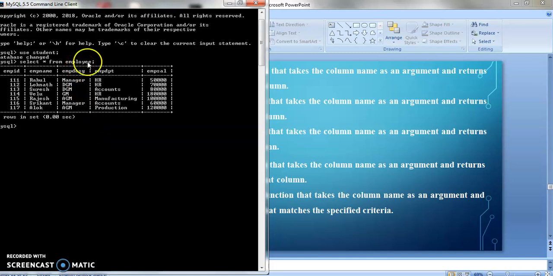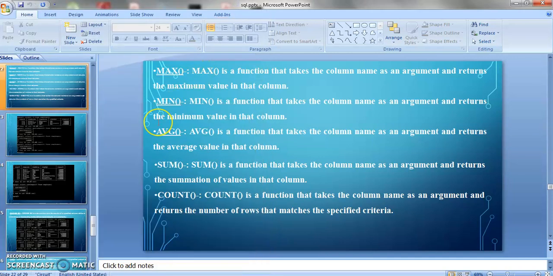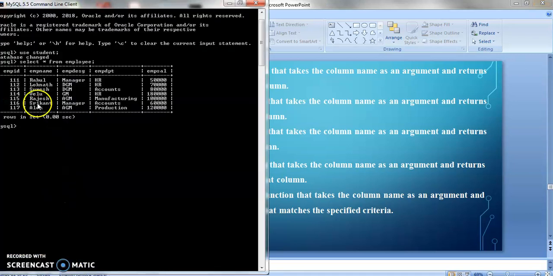Now the max and min functions can be applied to numeric values as well as to character values. I am repeating again, max and min both can be applied to numeric values as well as character values. Suppose I have to see what is the maximum salary in this column.